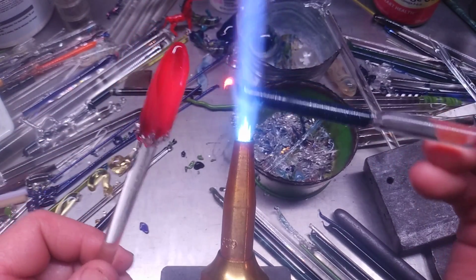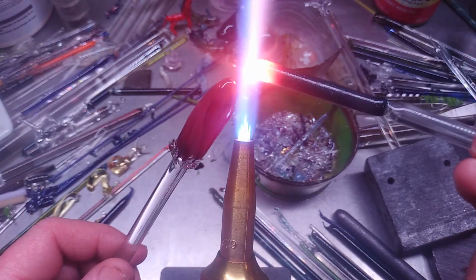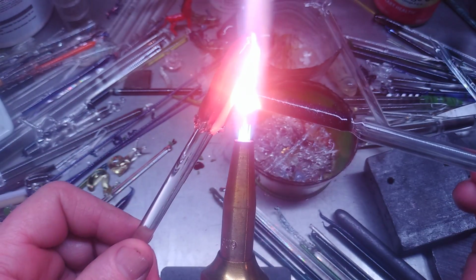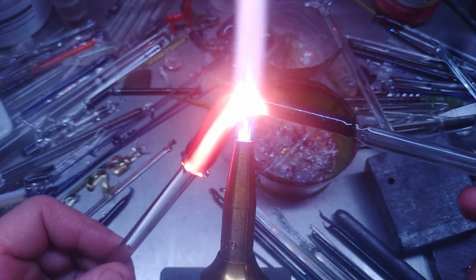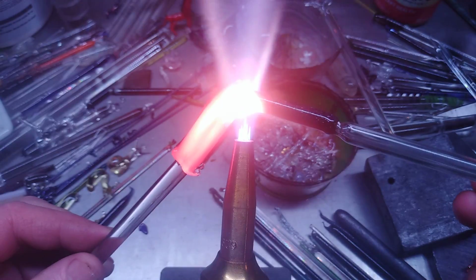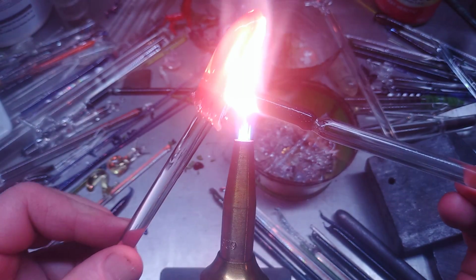Now, as you can see, even with this budget torch, it's just a matter of heating up the glass and layering it on, one layer at a time, to get the great results that I've been getting. This encasement is, like I say, a double encasement, because I put the turbo cobalt underneath it, which gives it a very dark blue color. Well, a dark blue color, or very dark cobalt color, once you layer it over things. Anyway,